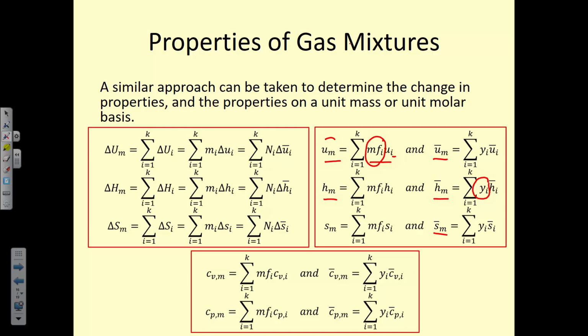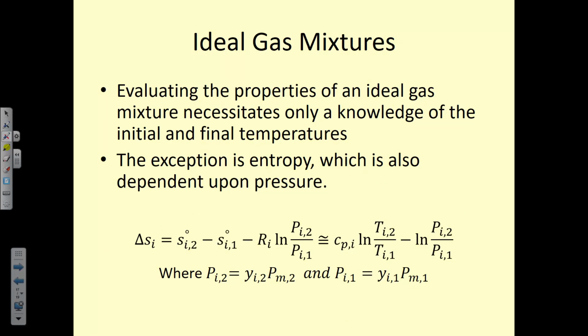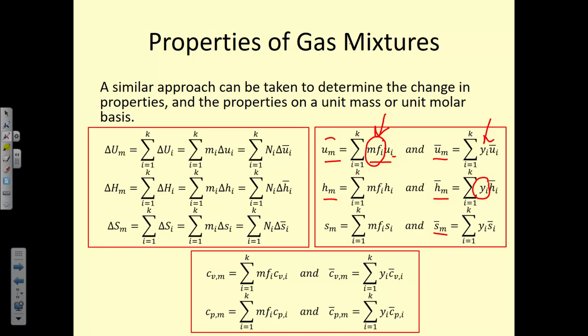And that weight is in the mass fraction form when you're dealing in units of mass, and is in the molar fraction form when you're dealing in units that have moles in them rather than kilograms, or in the English system, pounds. And we can do this pretty easily for internal energy and entropy and enthalpy,